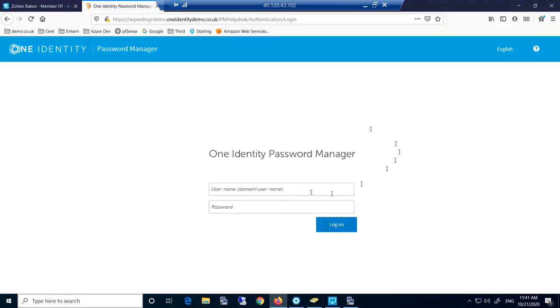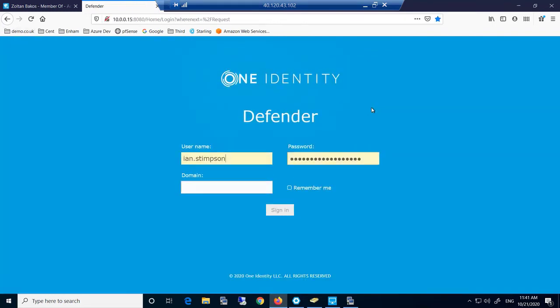Right, the next part of our joined up demonstration is we're going to look at Defender. Defender provides two-factor authentication for our users. It's a software delivered service. And this really does bolster the defenses because the security weaknesses around passwords are fully known. One of the best ways of improving your security posture is by adding two-factor authentication to your environment. And that's what we're going to be looking at here with Defender.